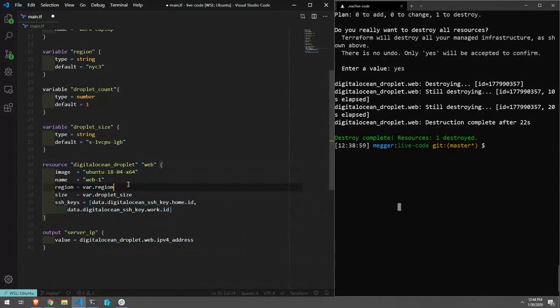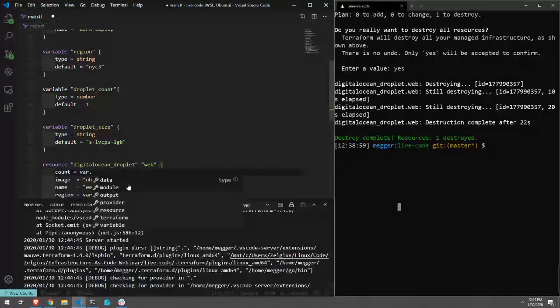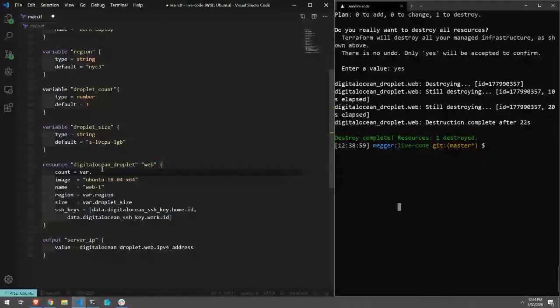Another thing that I think they added in 0.12 is you can no longer use the word count as a variable name because it's now a reserved word in Terraform 0.12. What you do now is count is the number of the resources that we want to be able to create. So now we just do a var dot, oh my goodness gracious. Is it because my mouse is there? Let's hope that works. We do a var dot,